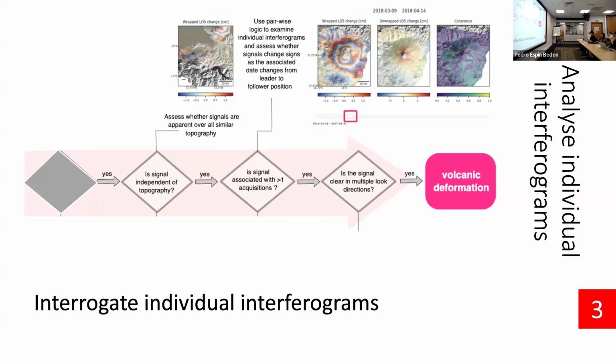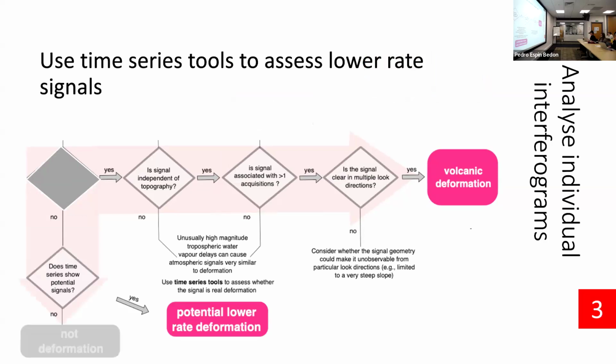So you can make a profile of the process and see how it compares to the underlying topography. You can use the slider to look through lots of acquisitions and see if it persistently appears. And I'll show you in a minute how to do it, but you can change between different tracks to see whether the signals are ascending or not. Once you've done that, you can use the time series tool to look into a bit more detail. Are there any potential signals in there? If there are, you need to then think about to what extent they're likely to be atmospheric and to what extent they're likely to be deformation. And you can do that by looking at the temporal shape of the signal, but also the spatial pattern in each case.